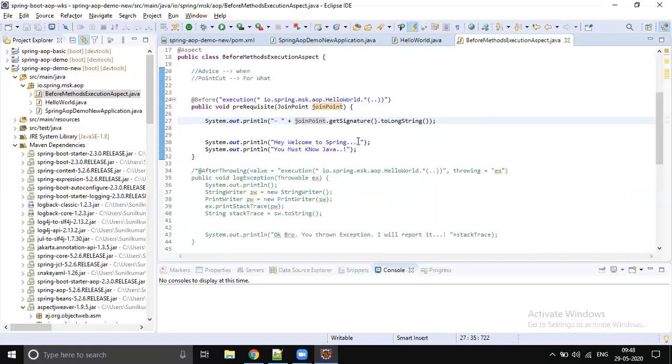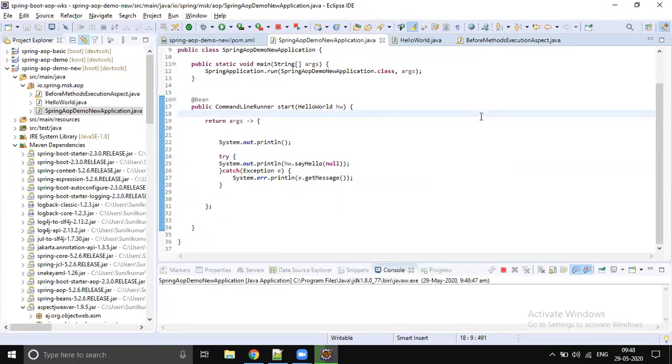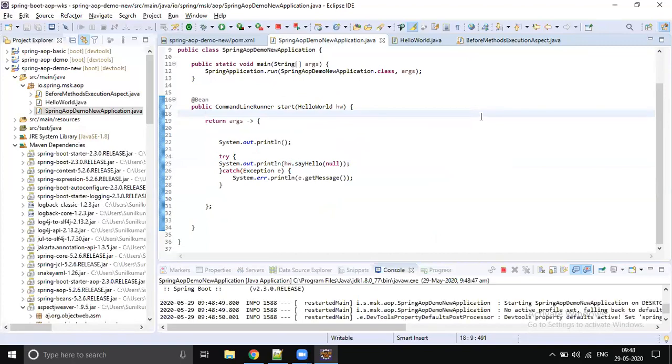At the time of configuring globally, if you would like to print some information, for example, when you are doing method execution time logging, you must say for which method this much time it took. So you should take this join point signature. It's already available, so let's go ahead and run. This time you will see that the method name is also going to print.